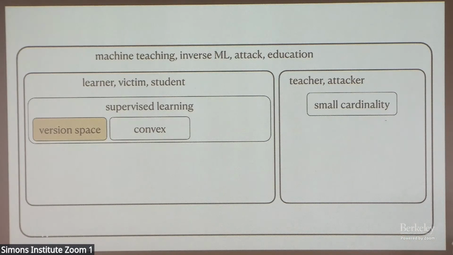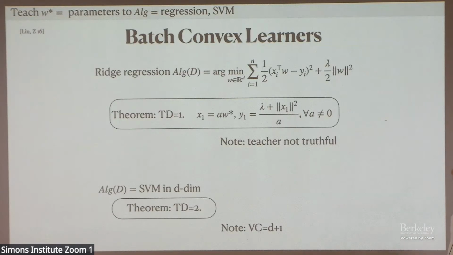Now I'm going to get into things that are more common in machine learning practice, but can we still talk about teaching? I'm just going to give you some special examples. The setting is the learner is doing batch convex learning, meaning that it takes a training set as a whole batch, and it has a convex loss function. It tries to minimize that convex loss function to arrive at an estimated model. Perhaps the easiest one to think about is a regression setting. The learner is doing not ordinary least squares, but with a two-norm regularizer. So that becomes a ridge regression problem.